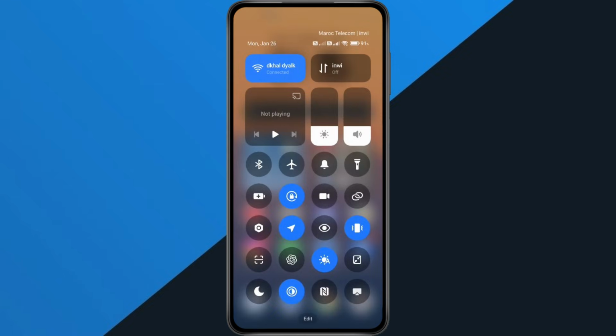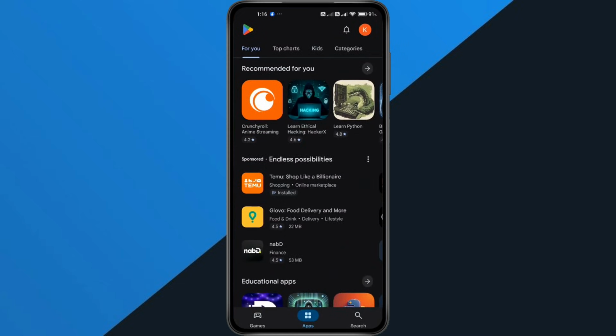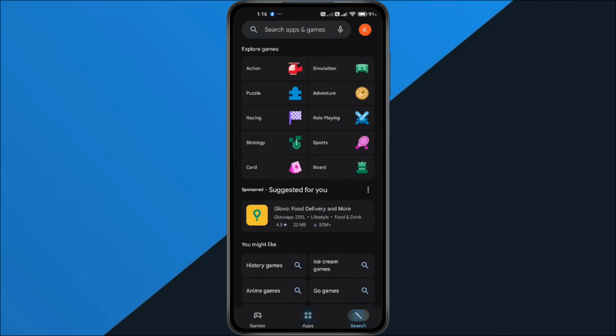First, make sure your phone is connected to the internet, either Wi-Fi or mobile data. Now, open the Google Play Store on your device. You can usually find it on your home screen or swipe up to locate the Play Store icon in your apps. Once the Play Store is open, tap the search icon at the bottom, then tap on the search bar